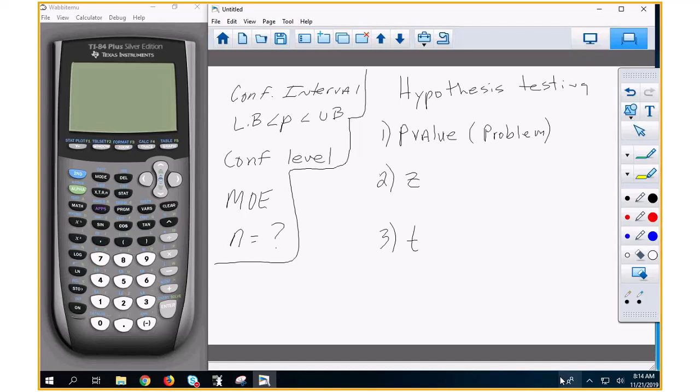All right? The z-test, usually you use the z-test when the population standard deviation is known. Now write that down because that's very important. Okay? It'll say it in the problem. It'll say sigma, or the population standard deviation, is 2.1. If that's given, then you're going to use a z-score. If it's not given, you're going to use a t-score.